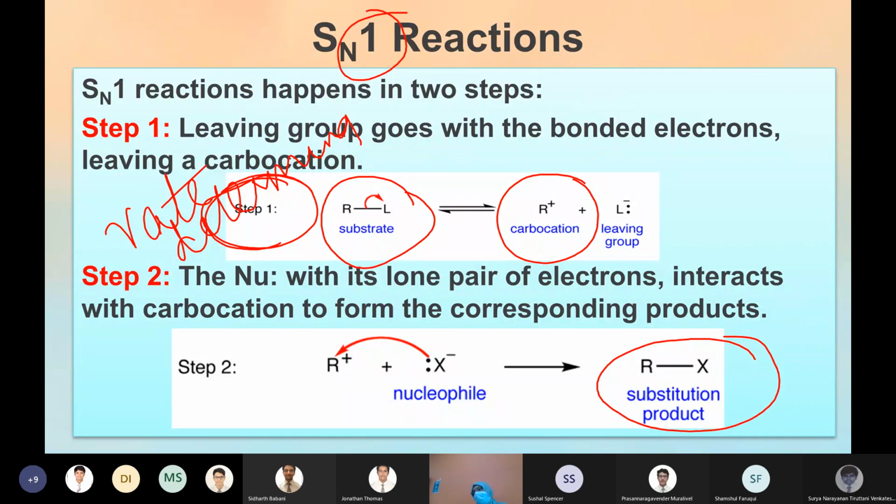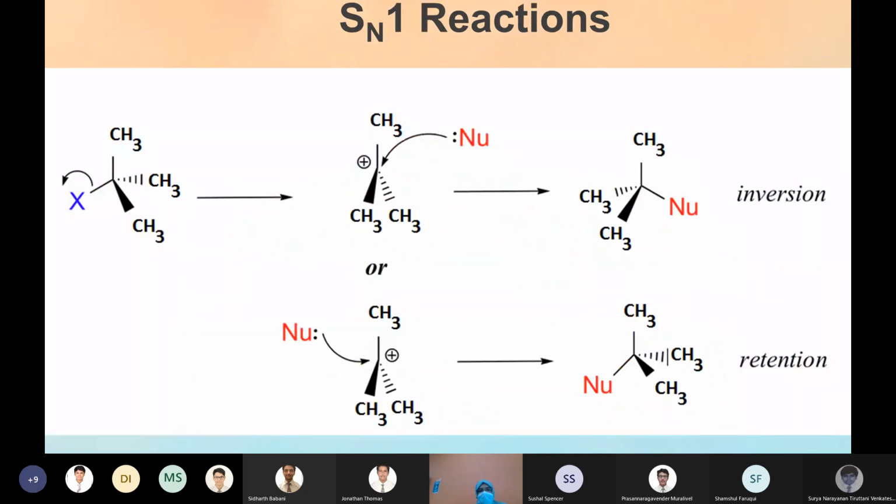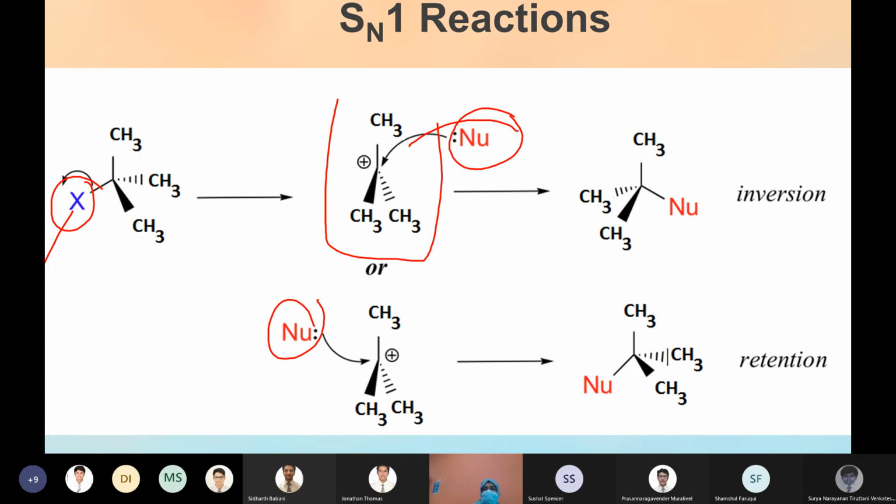Right. So if you look into the stereo aspects of this SN1 mechanism, you can see that the first step is bond breaking. That means your halogen-carbon bond will break. So what will be forming? A carbocation. In the second step, the nucleophile should come and attack, right? This nucleophile has two options now. It can come through this side or the same side of the leaving group, right? Because the first step is bond breaking, your halogen is removed, forming a carbocation. So this is the product after the first step.